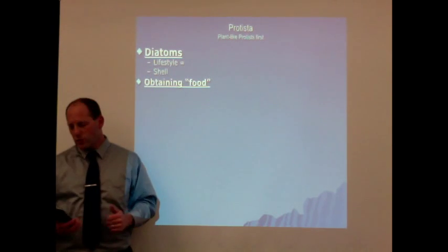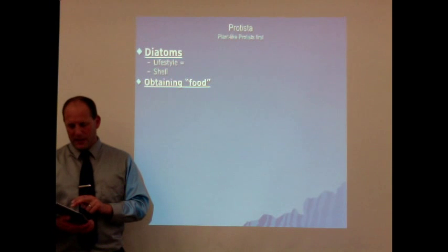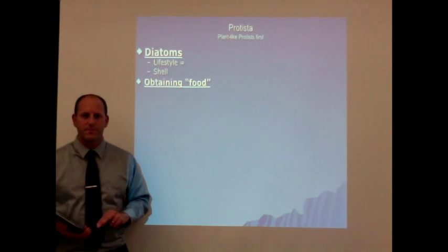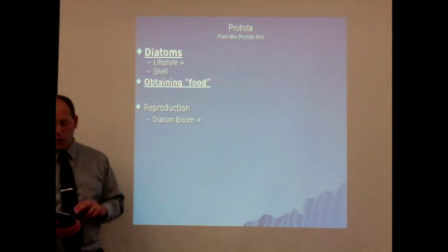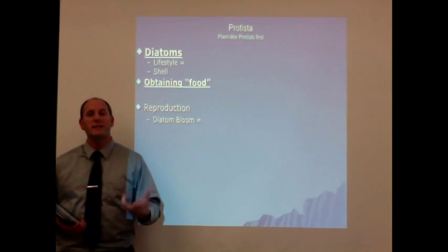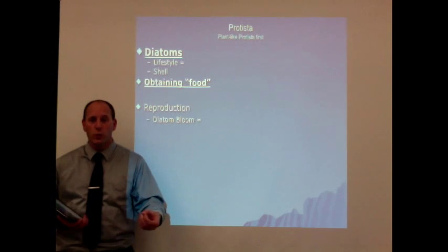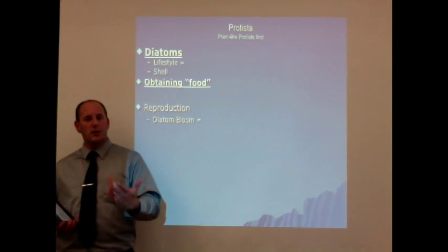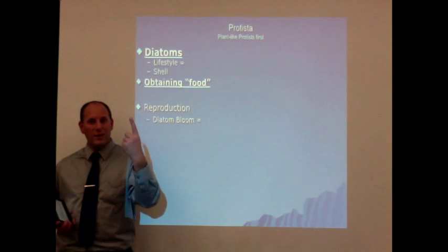The diatoms use those same type of pigments in photosynthesis. Now, these particular organisms, when they reproduce, they're reproducing through that process of mitosis. That is, they're splitting into two. But we don't have that sexual reproduction here because they're only one cell.